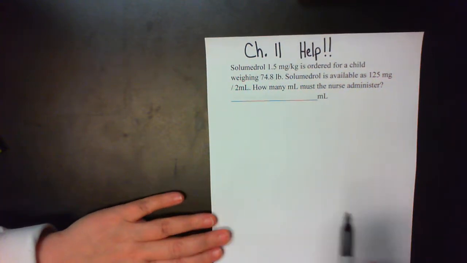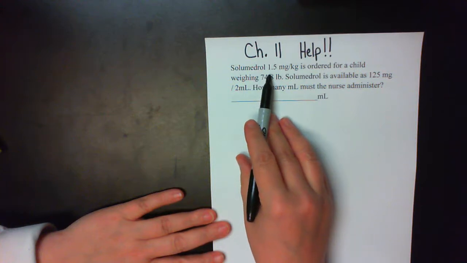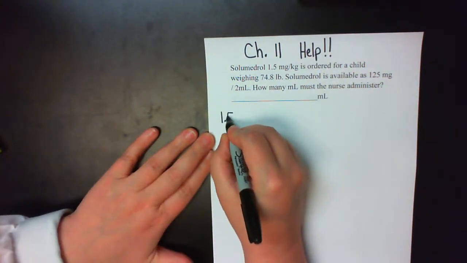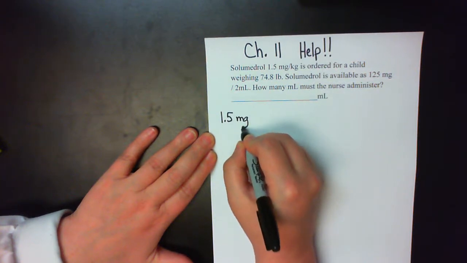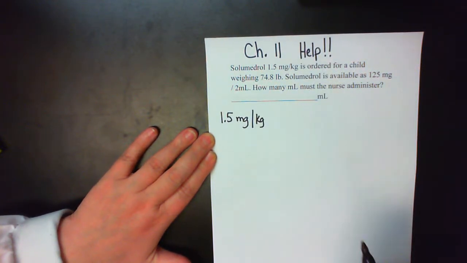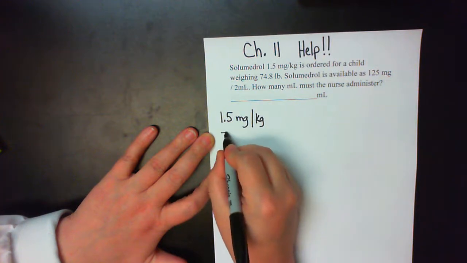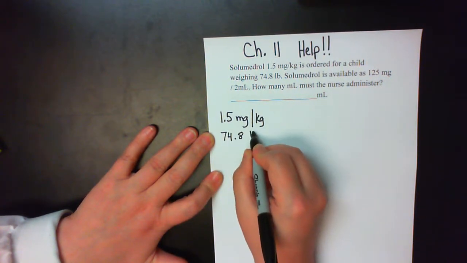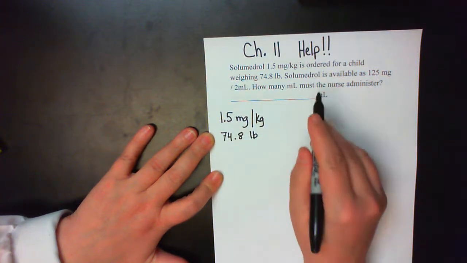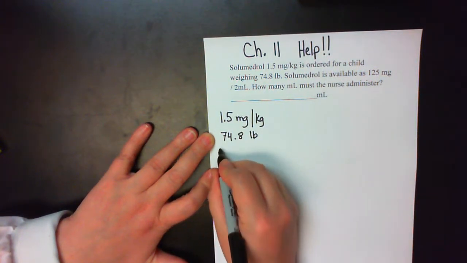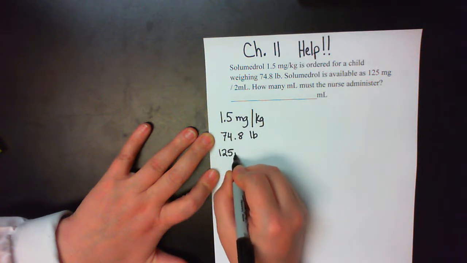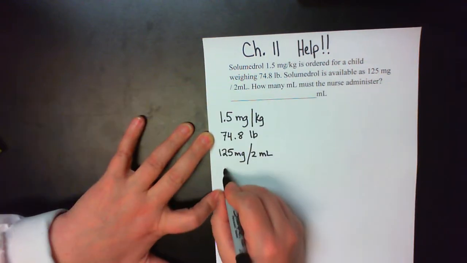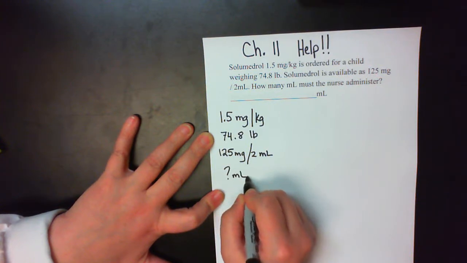So in this question, we have Solu-Medrol 1.5 milligrams per kilogram. So I'm going to put this down here. Is ordered for a child weighing 74.8 pounds. The Solu-Medrol is available as 125 milligrams per 2 milliliters, and we want to know how many milliliters we are